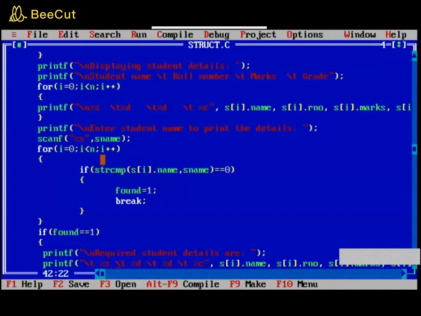So this string compare function will automatically compare everything of string 1 and everything of string 2, and it will match and give you the result. If the result matches, like both the strings are the same, it will give you a 0. And if it doesn't match, it won't give a 0. It will give some other value, right? I'm not bothered about that part. I'm just bothered about whether it is giving a 0 or not. Is it okay?